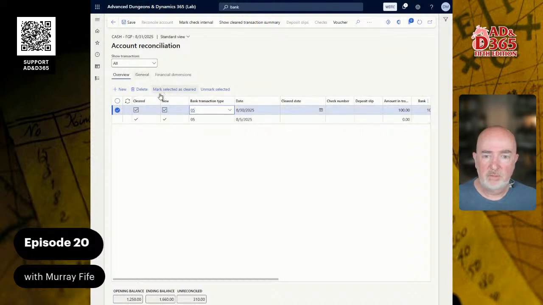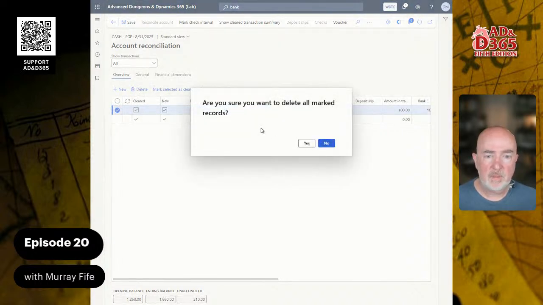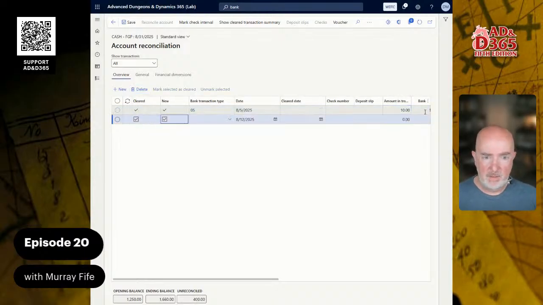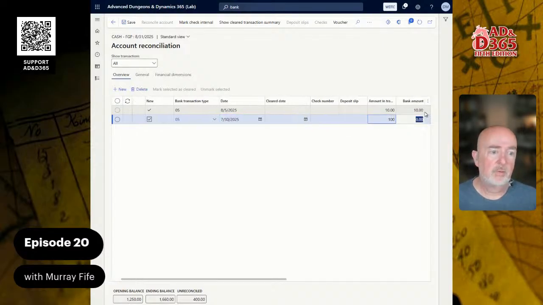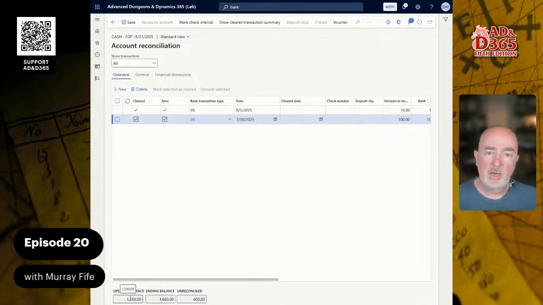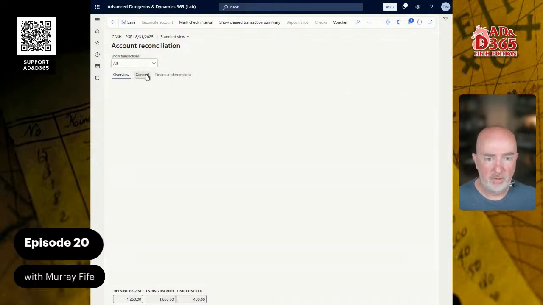Let's delete this. 85. So this was for $10. And then 05 for 730, which was for $100. So what we can do is start reconciling here, and then what we've got in this case is